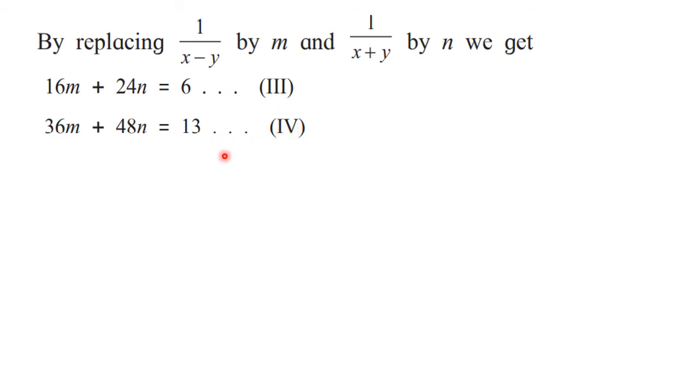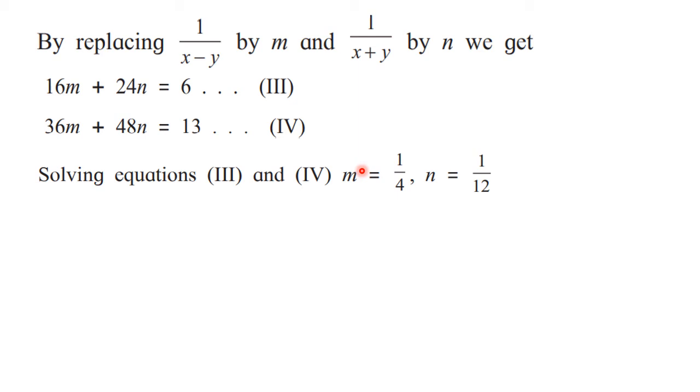Now afterwards they have directly given the answer of m and n, but you have to solve it actually. You need to solve these equations by any method. As I have said, you can use any method. Elimination method you can use. For example, here you have 48 and here you have 24. So if you multiply here by 2, then here you will get 48 and then you can subtract. So that will be the elimination method. If you want, you can go for Cramer's rule like we have seen in the previous example. By using that, you will get the value of m as 1 upon 4 and the value of n as 1 upon 12.